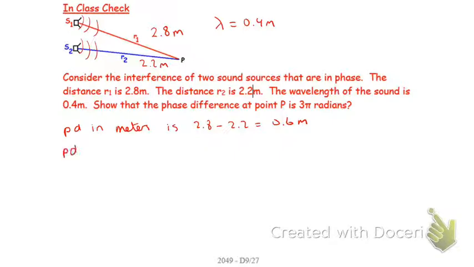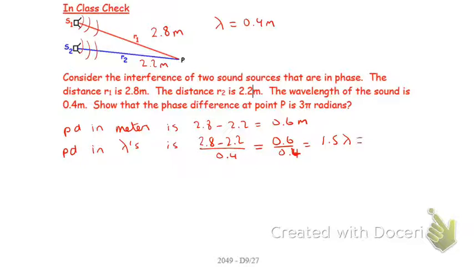My path difference in lambdas is 2.8 minus 2.2 over 0.4, which equals 0.6 over 0.4, which equals 1.5 lambdas,